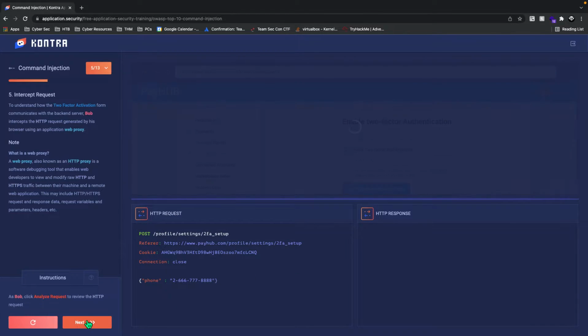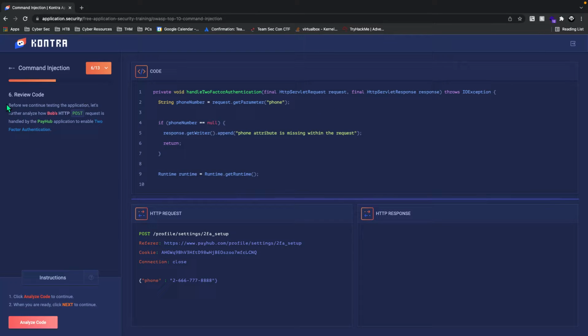And we can just see here, we can just press next, and Bob is trying and reviews the code. So before we continue testing the application, let's further analyze how Bob's HTTP POST request is handled by the PayHub application